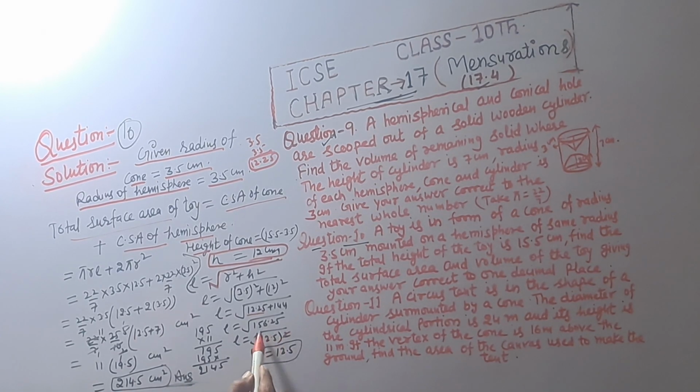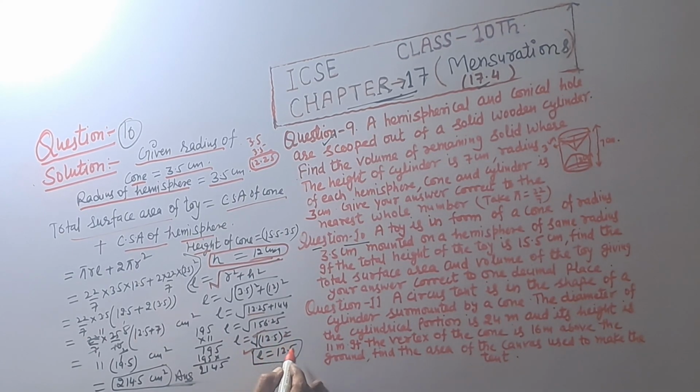So the root and square cancel and we get slant height L, that